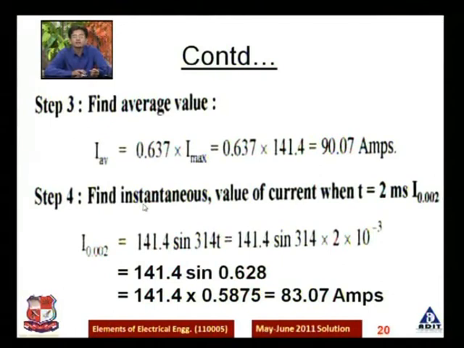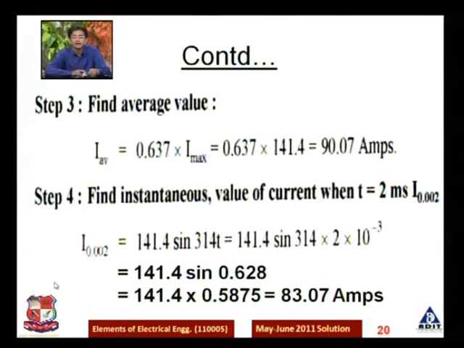Now at last, you are also asked to find the instantaneous value. What is the instantaneous value? The instantaneous value is the value at any instant. So what is the instant given in this example? You have to find the instantaneous value at 2 milliseconds. So in the waveform of sinusoidal AC, after 2 milliseconds, what is the value of the current? Here you are not given an ammeter, right? It is not a practical case. In the exam, you have to theoretically find the value at the instant of 2 milliseconds.